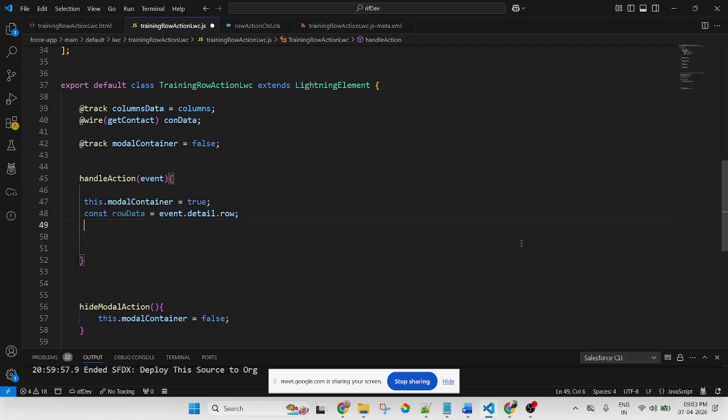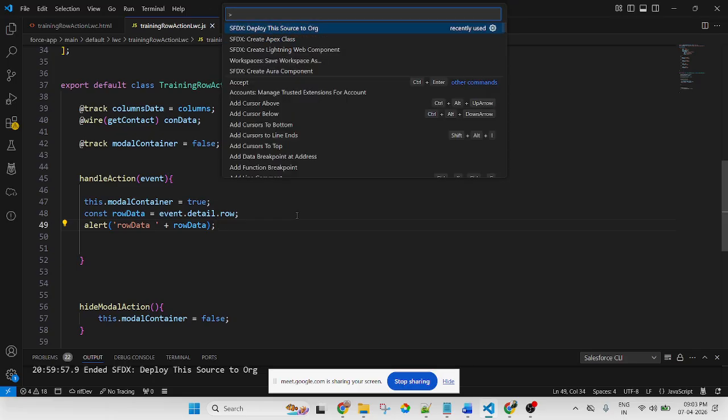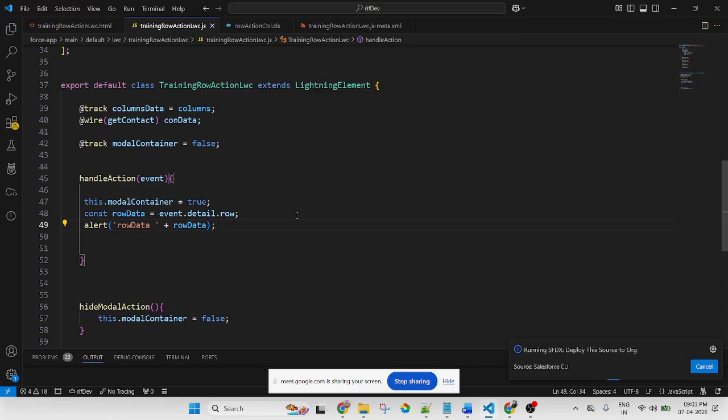If you use alert with row data, what does it return? Let me check. If you apply event.detail.row, what will it return? Let me save and deploy. It will return an object.